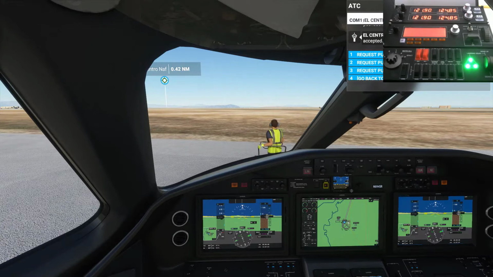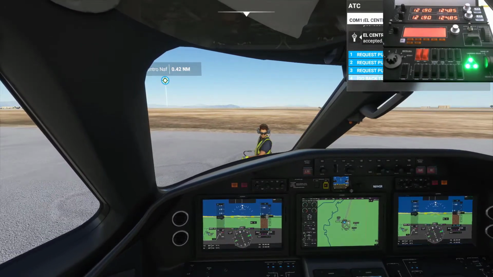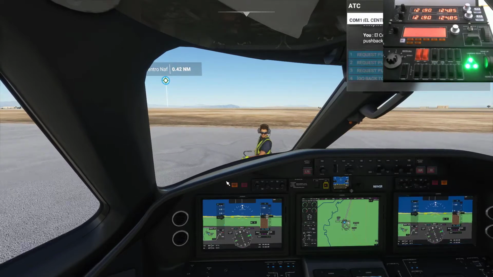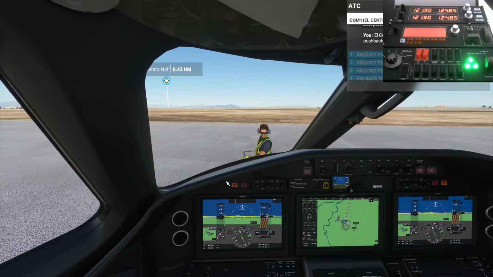Pull up my Navigraph chart real quick here. We want to taxi out. I'm pretty sure we want to take a left turn out of taxi from my chart. So we'll go push back to the left. El Centro Ground, Cessna Alpha Sierra X-Ray Golf Sierra requesting pushback. Touch to steer the aircraft to the left. Let's see if I